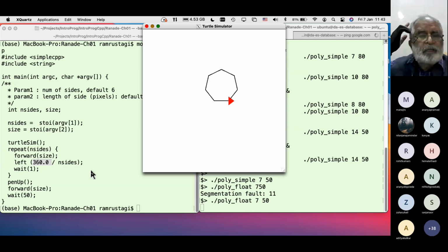But is the concept clear that in the language we need to differentiate between integer numbers and decimal numbers? Are we clear about that? Yes, sir.